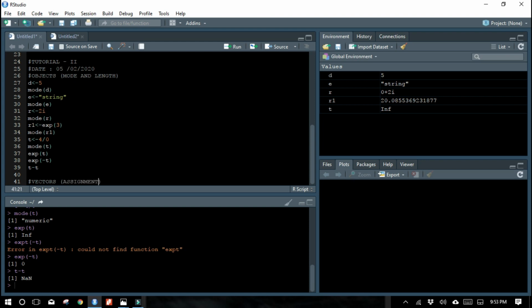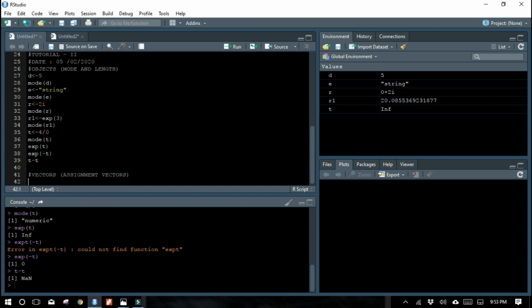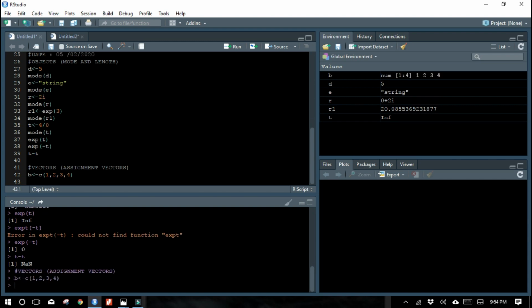First, what we are going to see is assignment of vectors. So we are going to see how we can assign a vector to an object. Okay, let me give B <- c(1, 2, 3, 4). Okay.